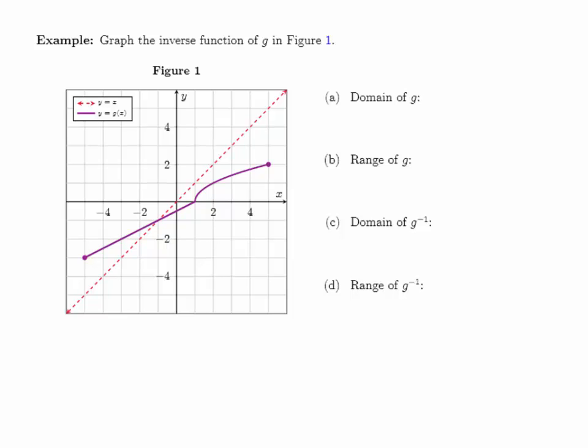In this example, we're going to look at the graphical properties of inverse functions. We're shown the function g in figure 1, and we're going to look at graphing its inverse. So the key property that we want to know is that if the point (a, b) is on the graph of y equals, in this case, g of x,